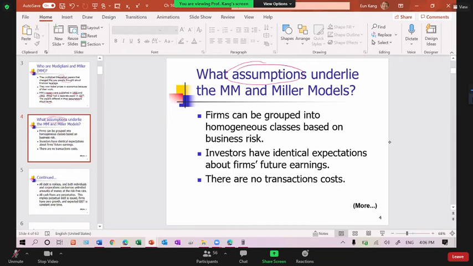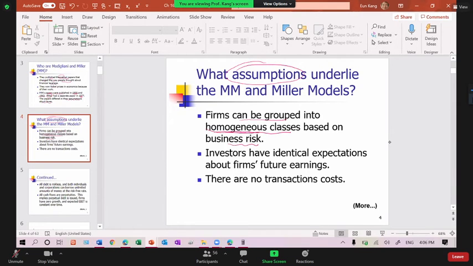For any theory to work, it should have some assumptions. Then you ask how valid the assumptions are, and so how valid the theory is, right? First,